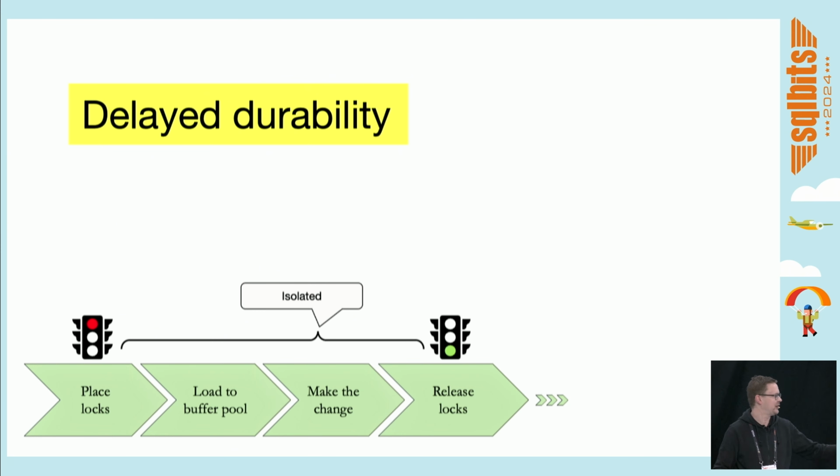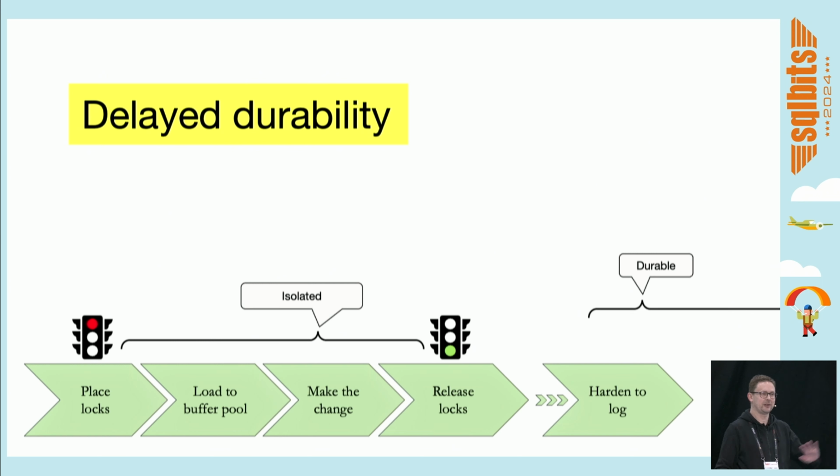This is the procrastination mode. We'll just release the locks immediately, tell the user that you're going to be fine, basically. And then you harden the log asynchronously. And so you see the gap between the isolation and the durability here. We've promised the user something that we will do tomorrow, pretty much like I promised my wife I will start the dishwasher. And then we'll asynchronously write the data, right?